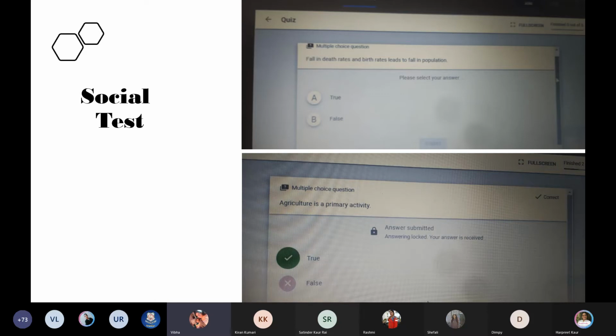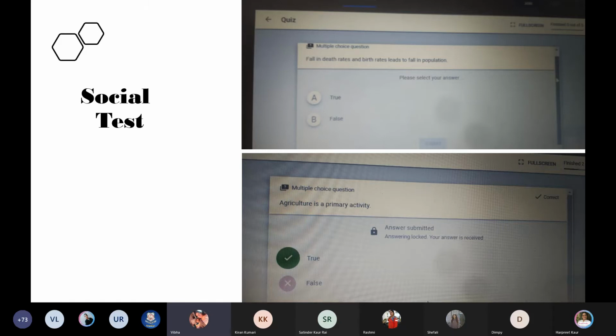one. They will give the answer, and on the next slide they will come to know whether the answer is right or wrong, but they will not be able to modify their answer. That means they will get the feedback of right and wrong answer in the next second when they give their response. You can see in the first picture it's a question, and in the next picture it's an answer. As I tried to attempt this question, I got my right or wrong response just after I gave my answer. So it was a quite interesting tool.